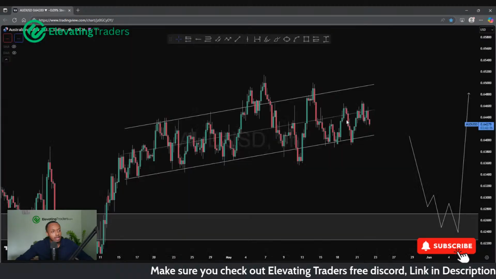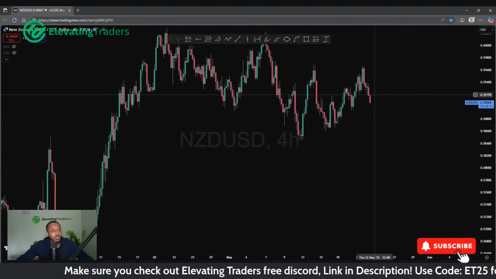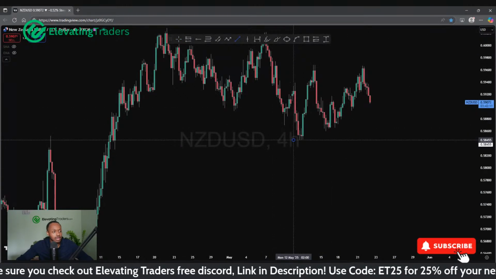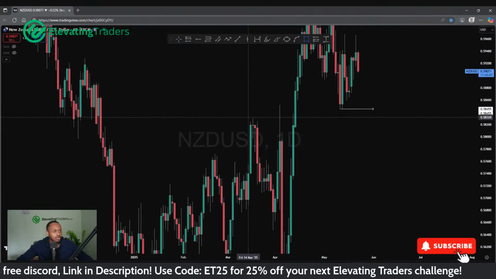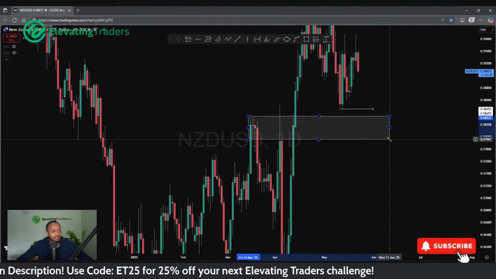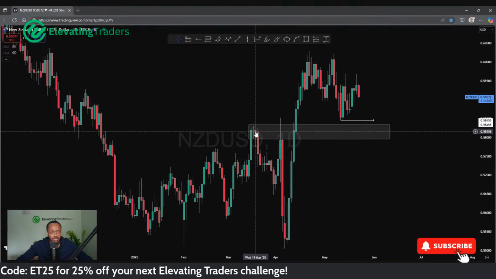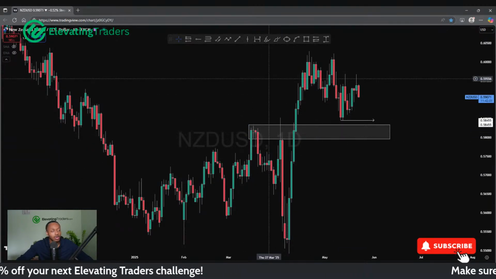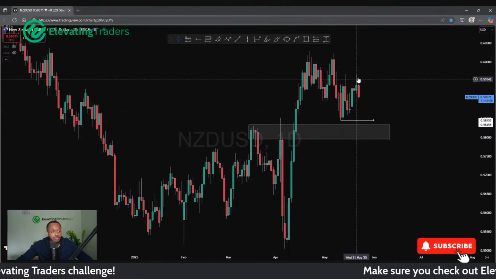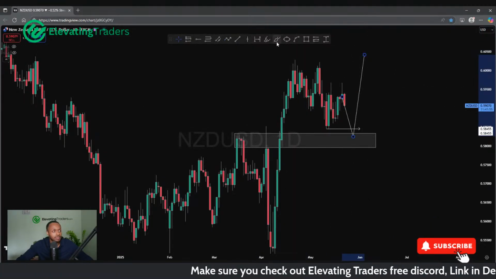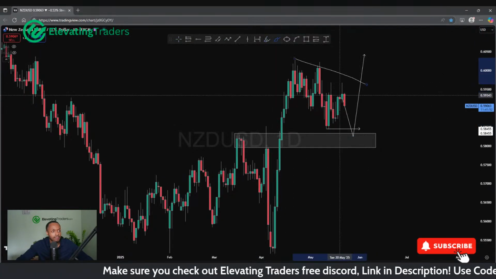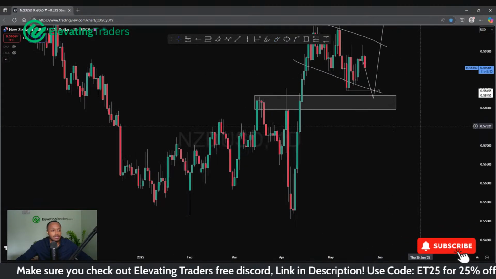New Zealand dollar. This one, I do like the buys as well down at the lows here. I think that's a nice place for a buy. More or less coming back into support here on the daily chart. So of course you got the prior resistance over there not too long ago, which potentially could be flipped as support. And I think from here, again, we can use that for a continuation.